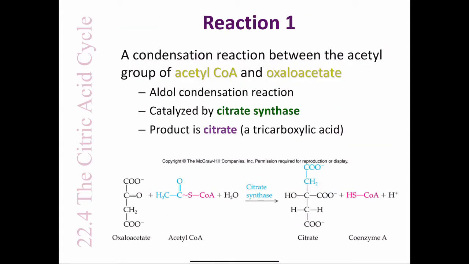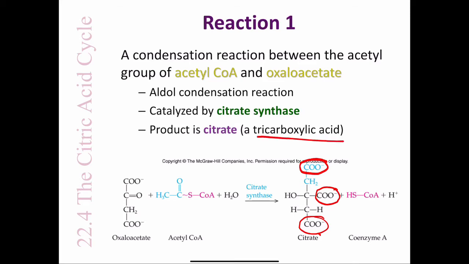Reaction 1. This is a condensation reaction between the acetyl group of acetyl coenzyme A and oxaloacetate. It is catalyzed by the enzyme citrate synthase. The product formed is citrate, a 6-carbon molecule with 3 carboxylate anions. And since the conjugate acid of a carboxylate is a carboxylic acid, this is where the name the tricarboxylic acid